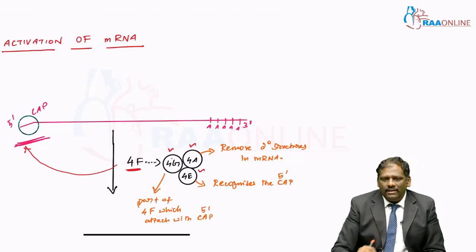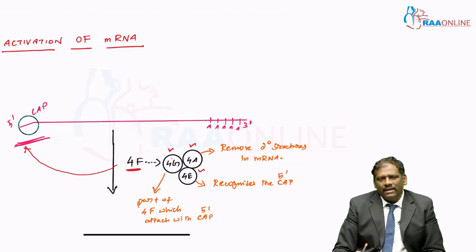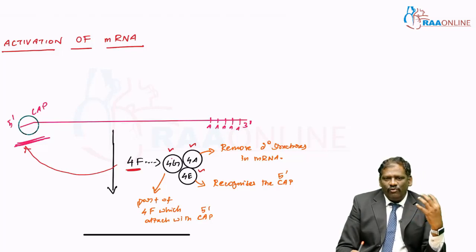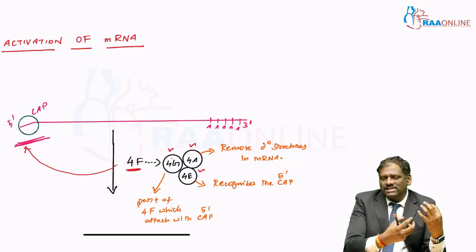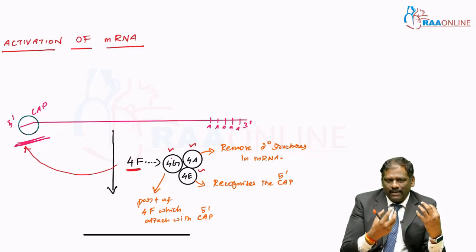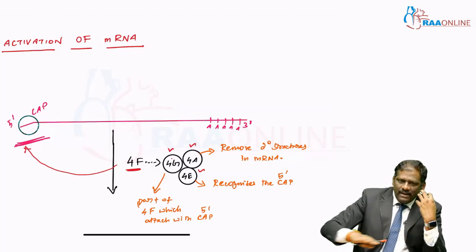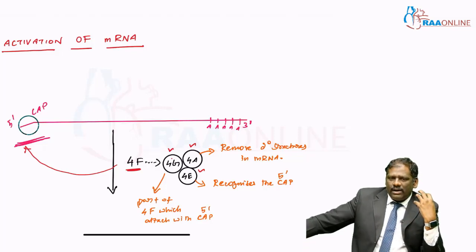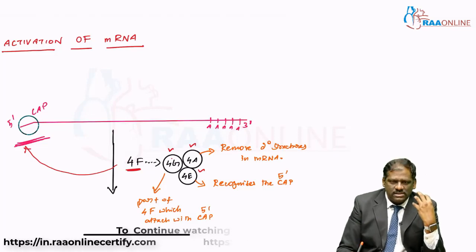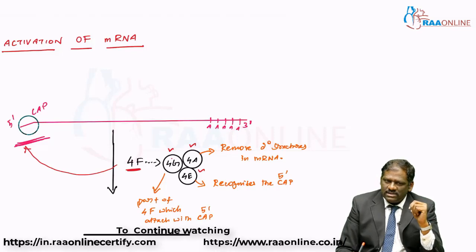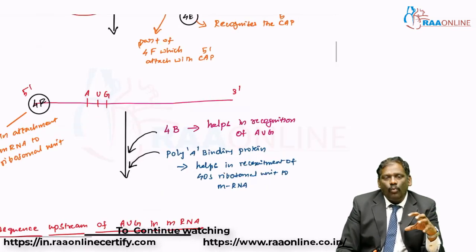Okay. So what is the role of 4E? If something is going to attach at the cap position, it needs to know where the cap is. So 4E actually does this function. It actually recognizes the cap. Once it recognizes the cap, the 4G goes and binds there, and 4A is simultaneously ironing the entire mRNA from the secondary structures. So this is the first checkpoint, okay, from which the translation is being controlled. Once this